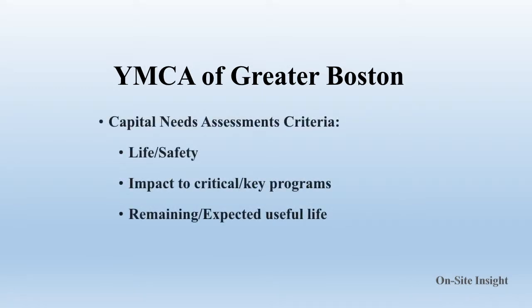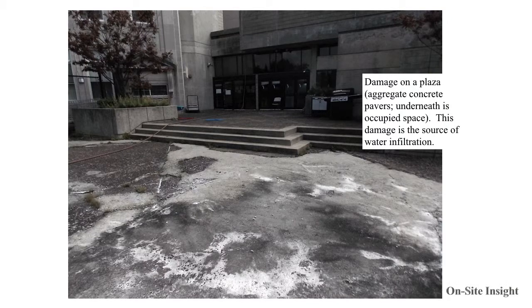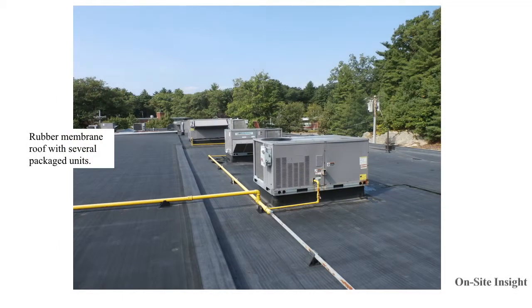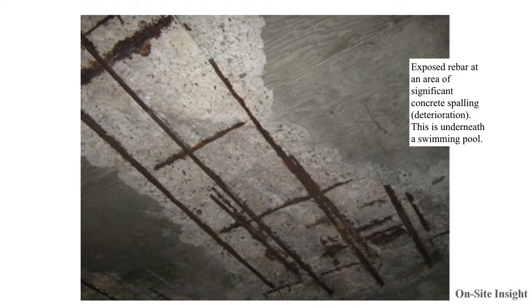We performed a study for the Greater Boston YMCA with our criteria based on life safety, the impact of critical programs, and the remaining useful life. Seeing things such as, on the exterior, damaged courtyards at one particular YMCA. Some unique HVAC equipment, such as a 70-ton gas-fired chiller, or traditional rooftop package units sitting on a membrane roof, or viewing deterioration on a foundation at a swimming pool,